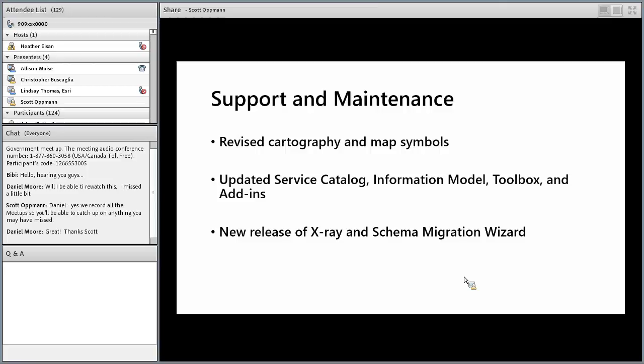Let me just wrap up with some things we've been doing as well on the support and maintenance side. You saw a lot of new things and some enhancements to existing apps. And like I said, we're also just continuing to support and maintain the solution offerings we already provide. One interesting thing that I'll point out is that Heather's been working really hard on a whole new set of map symbols and cartography for the solution offerings we provide. And so you'll see in many of the applications that Lindsay showed you today, you'll see new symbols for parks and events, and you'll also see us rolling those into existing solution offerings like MyGov Services and My Health Services